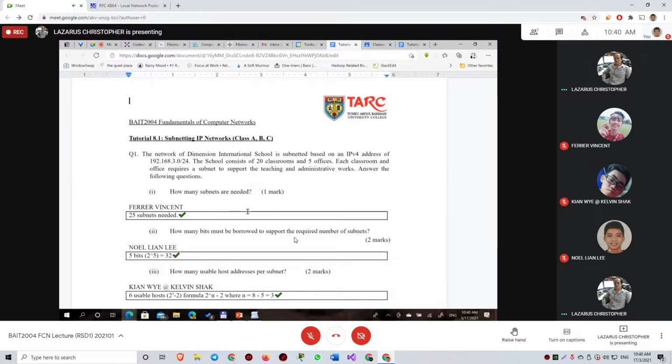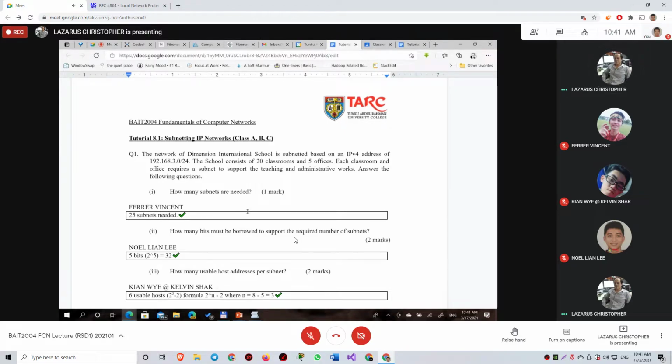That tells us where we start, which is important because we need to know where to start borrowing bits. So we normally have class A, B, and C for IPv4. Class A is at the /8 prefix. Class B is at /16 prefix, and class C is at